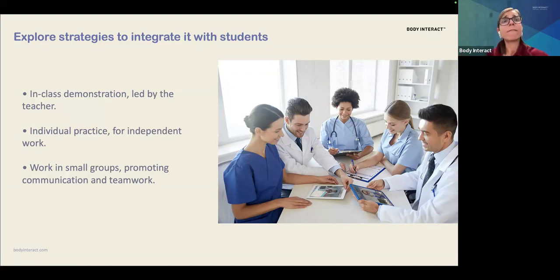Or, finally, focus on small groups designed to promote communication and teamwork. You can foster teamwork and collaborative problem solving in Body Interact. As you know, in healthcare education, learning how to think together is just as important as thinking individually. So it is very important to think in teamwork, like a multidisciplinary team. And through structured group activities, students can develop leadership skills, active listening, and share clinical reasoning together. So this is